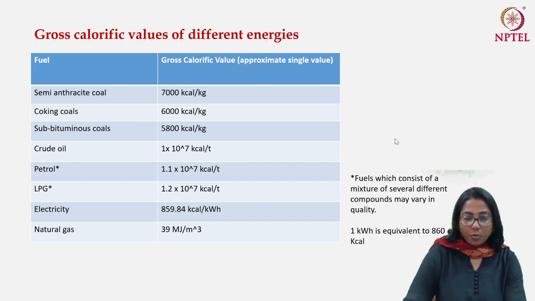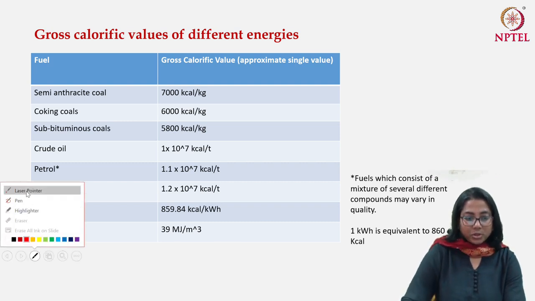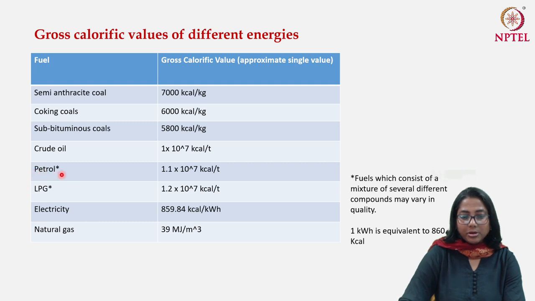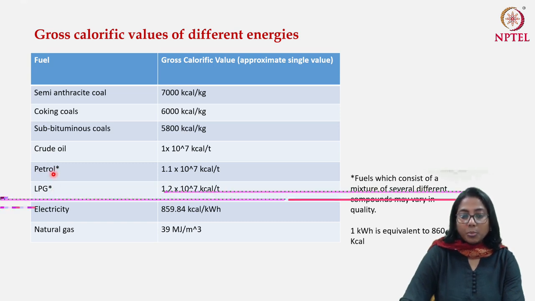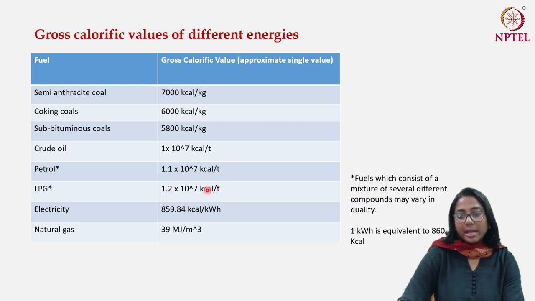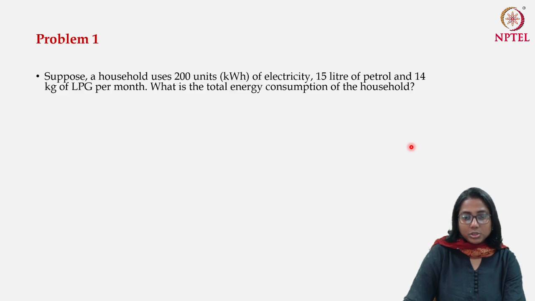Now see what are the things that we are interested in. Basically, we are interested in petrol, as there is a petrol consumption of this household. We are interested in LPG and we are interested in electricity. Since we have the amount of petrol and LPG consumed by the household, we can convert both of them. We can also convert the kilocalorie to kilowatt hour, as we know that 1 kilowatt hour is equivalent to 860 kilocalorie, and then we can add that up with electricity. Or the other way of doing it is to convert everything to kilocalorie. Now let us have a look at the solution.